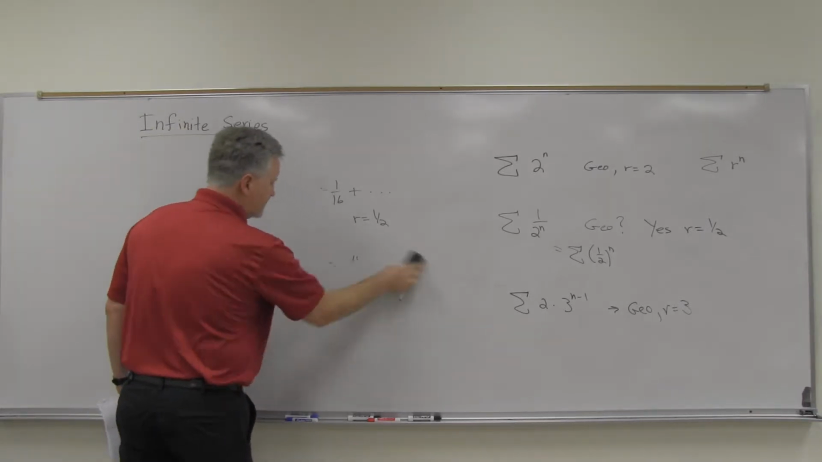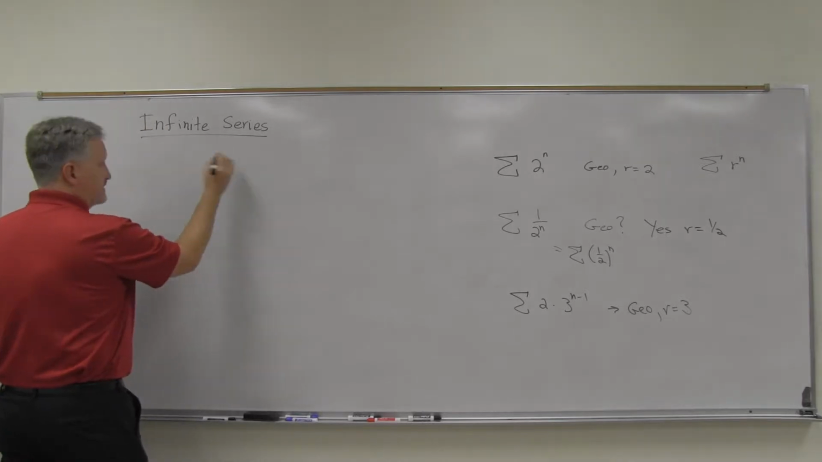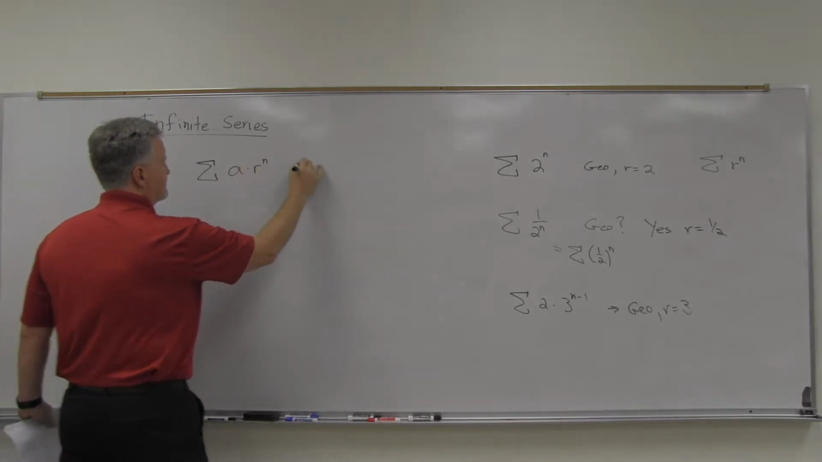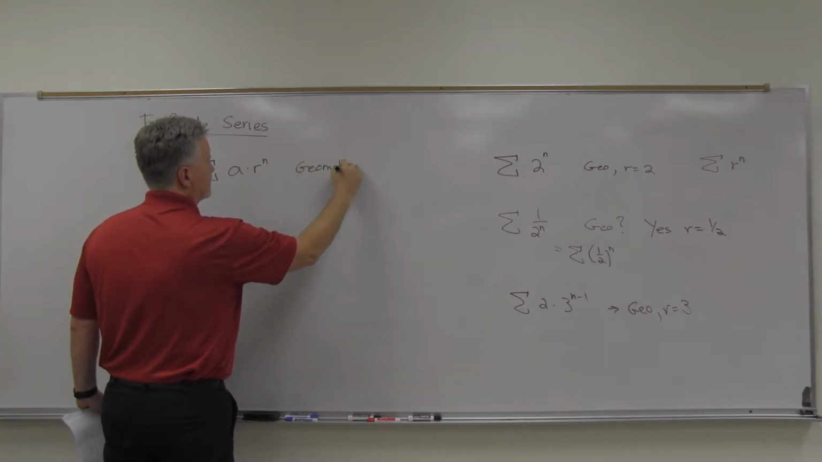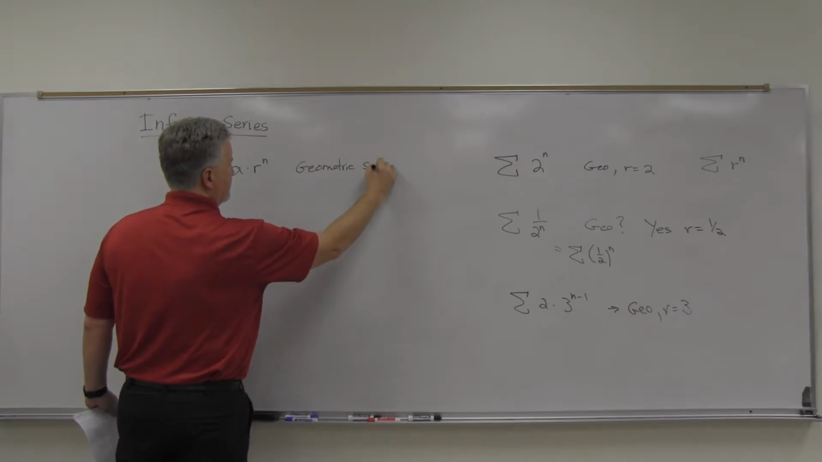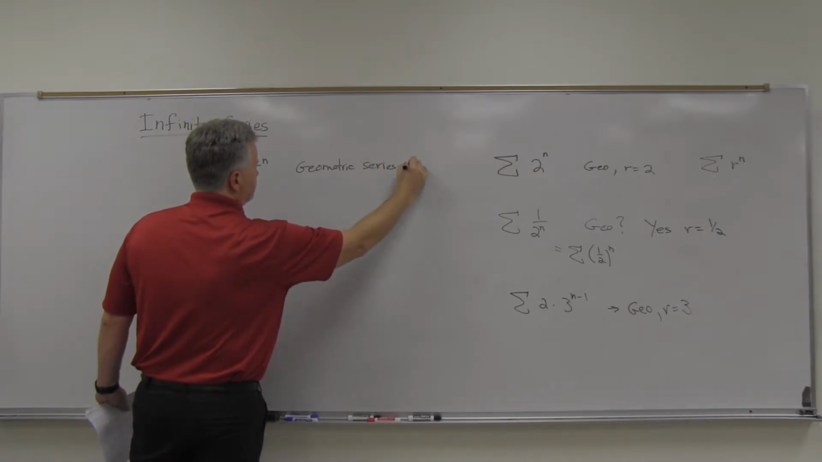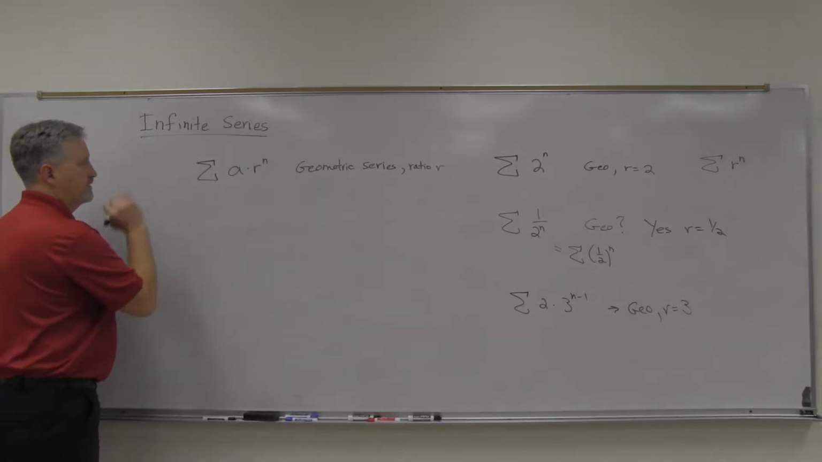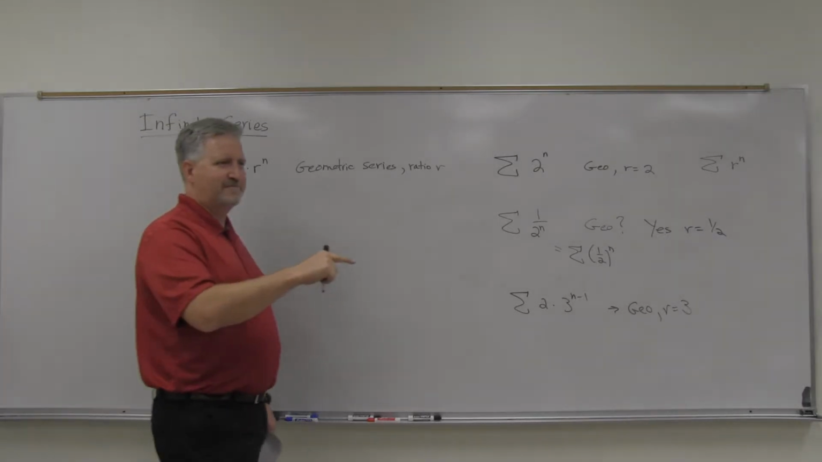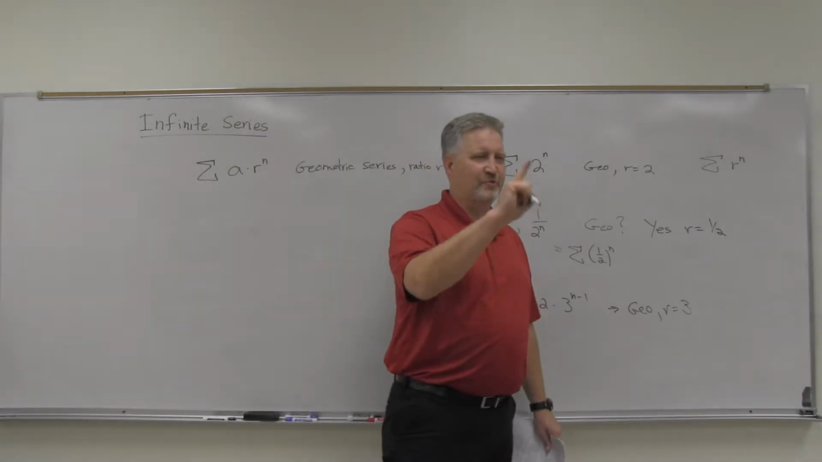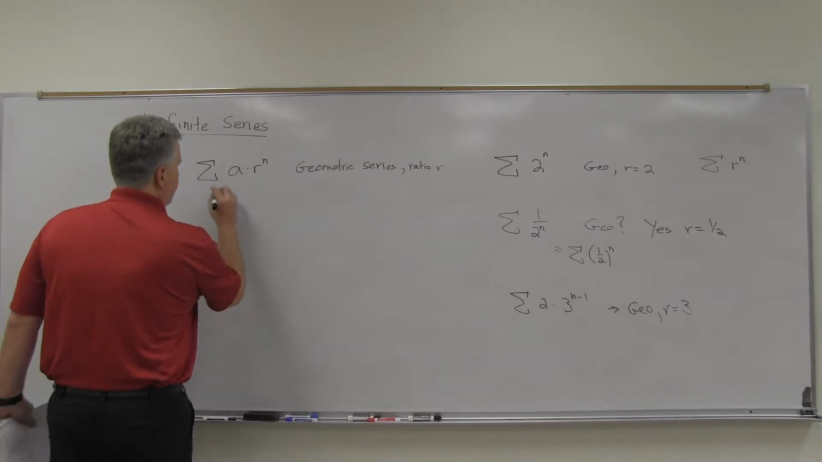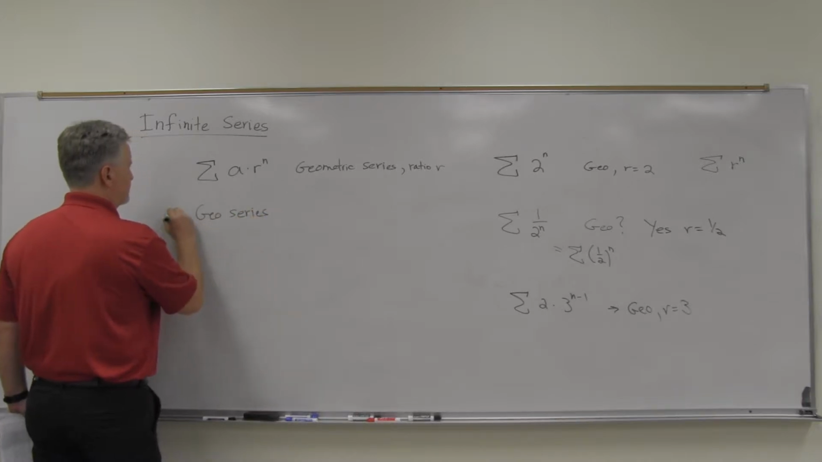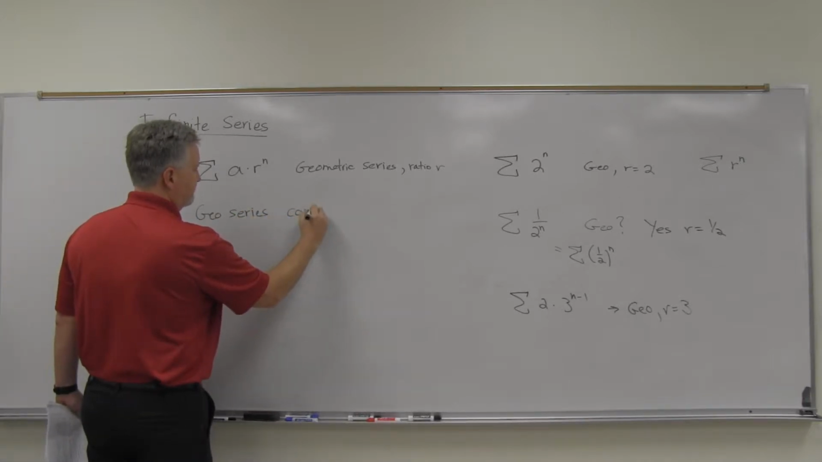Yeah, the geometric series, in general, here's what it looks like. A times R to the n, that's a geometric series. Ratio R. And the geometric series converges much like the geometric sequence converges, with one little exception. So a geometric series converges if,